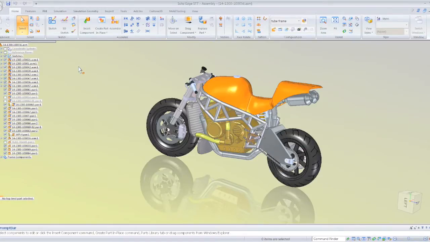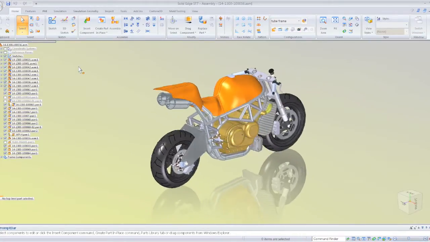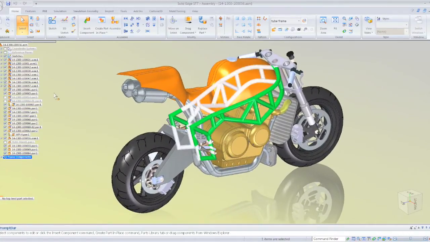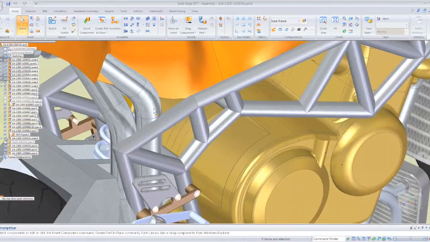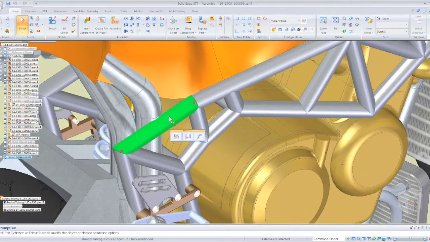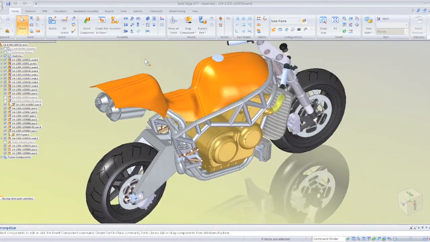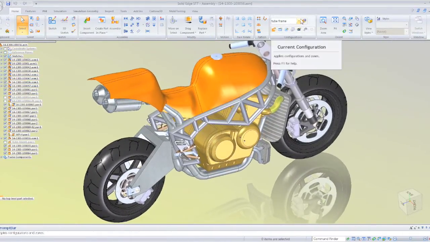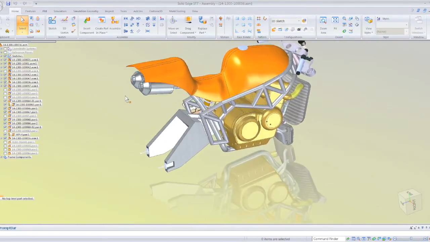Hello everyone, in this video clip I'm going to demonstrate how to model up a new exhaust system using 3D sketching. For those who saw my previous video, I made a note that when I was designing this frame it made some contact with the exhaust here, and then I was going to go ahead and model up a new exhaust system. So simply what I'm going to do is go into the 3D sketch configuration here,